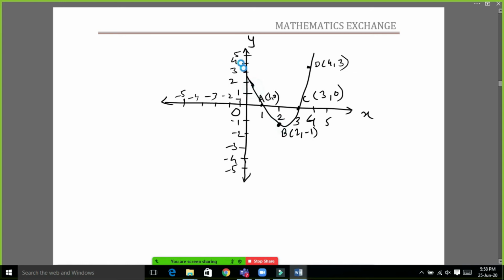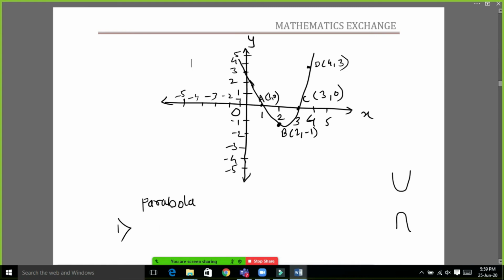So this curve is just like a U shape, and it may be in upward direction or sometimes in downward direction. It is known as parabola. So always remember, this is a curve that is known as parabola. Whenever we look at the representation of zeros of a quadratic polynomial, we get a parabola shape. So from this we can conclude that this graph represents a quadratic polynomial. Whenever you have a parabola shaped curve, we can say that the graph represents a quadratic polynomial.